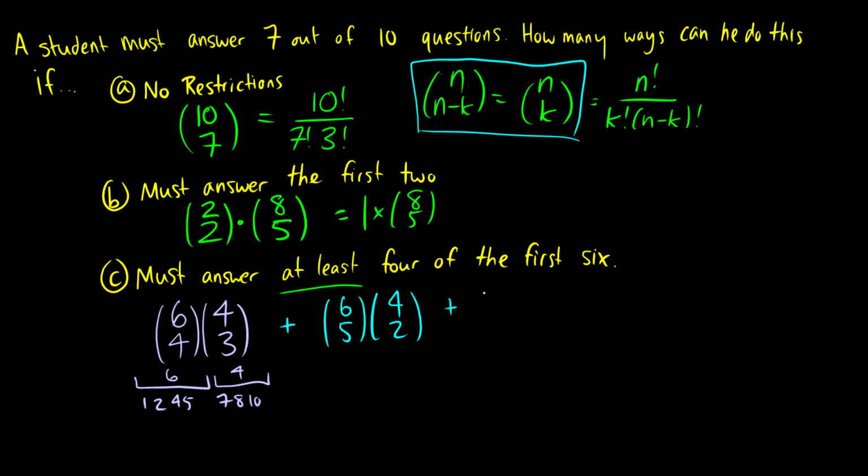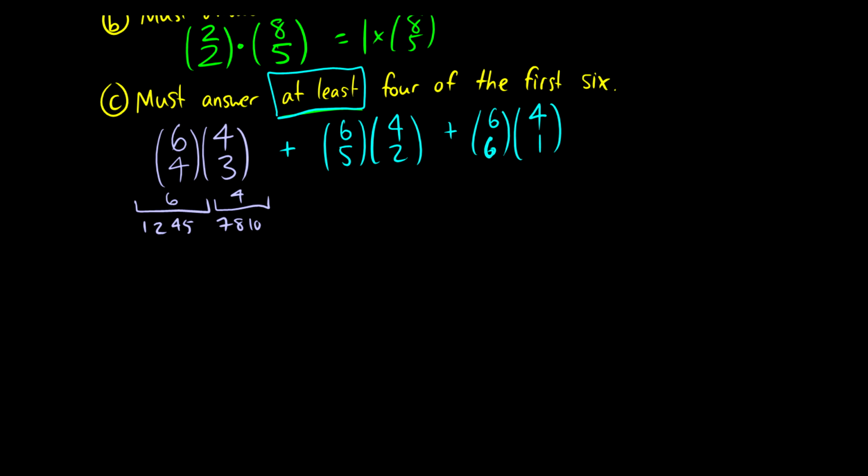And then if he answers all 6 of the first 6 questions, then he can only pick 1 out of the last 4. So this would be your solution to answering 7 out of 10 questions if he must answer at least 4 of the first 6. Now we can write this a little bit neater, a little bit more complicated, I guess. We could write this as the sum as i equals 4 to 6 of 6 choose i times 4 choose,